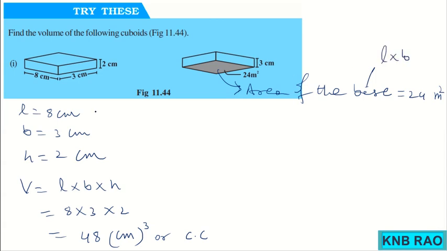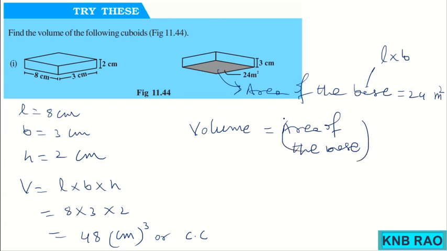So that is how the volume of a cuboid can be written as area of the base into corresponding height. So that is how we can find here 24 into 3, because h they gave us as 3 centimeter,